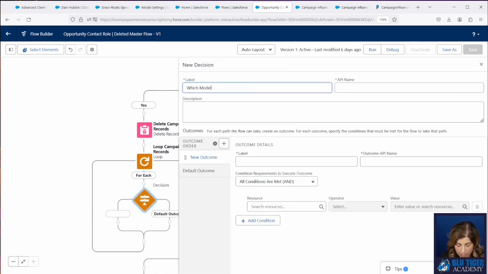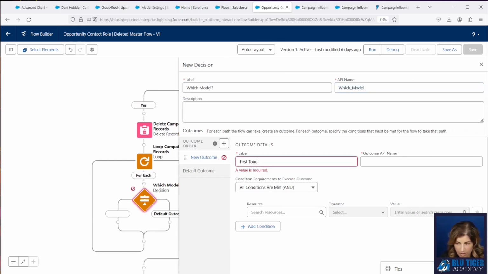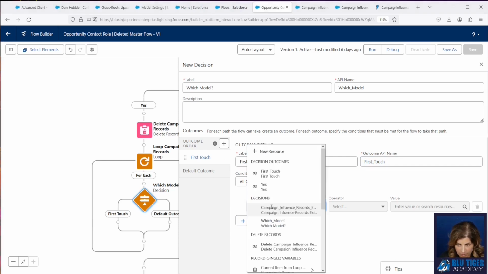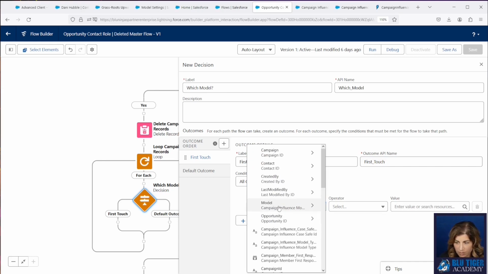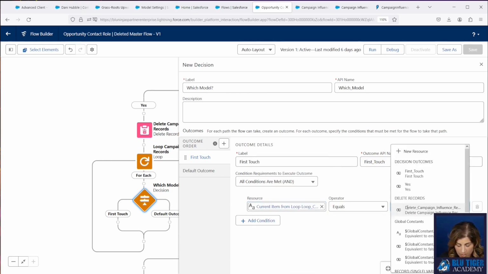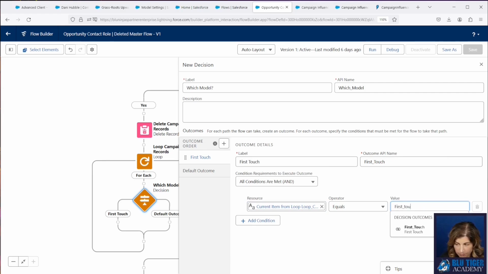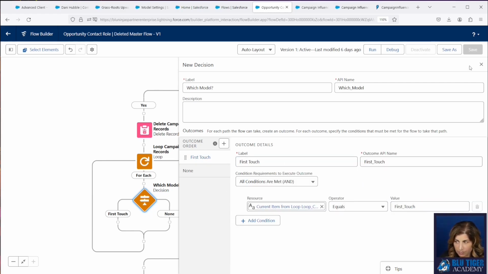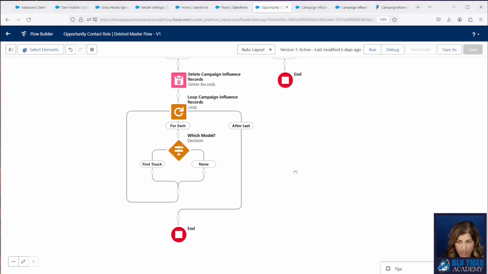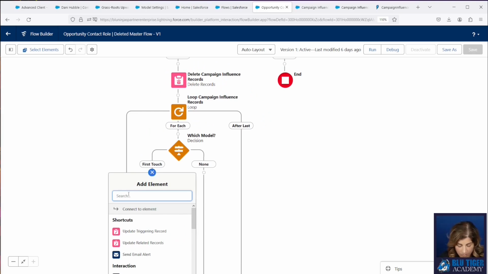And we're going to look for which model. And this one is going to be for First Touch. And we're looking for the current item in the loop, the model's developer name to be First Touch. Next, we're going to check to see if the collection contains First Touch.